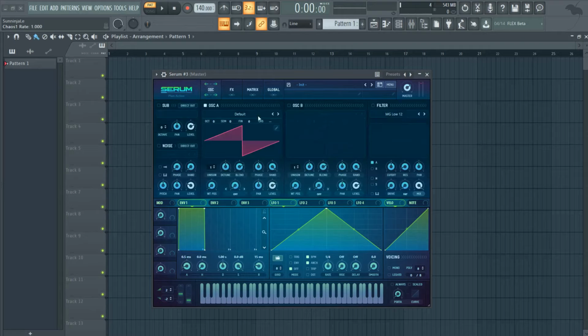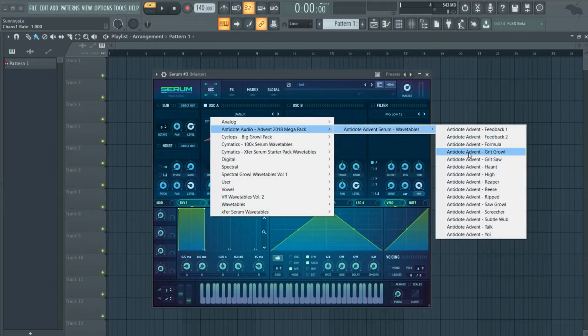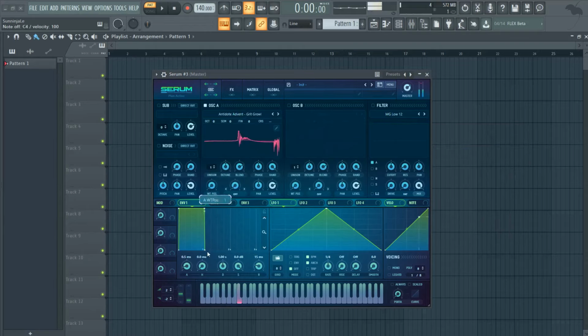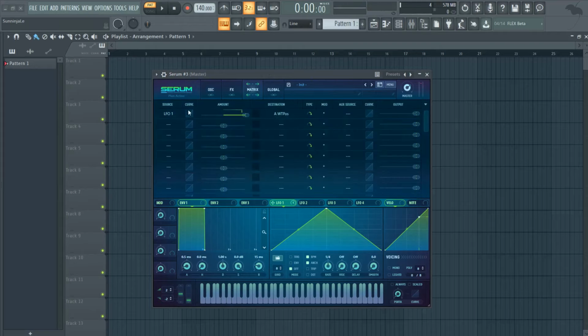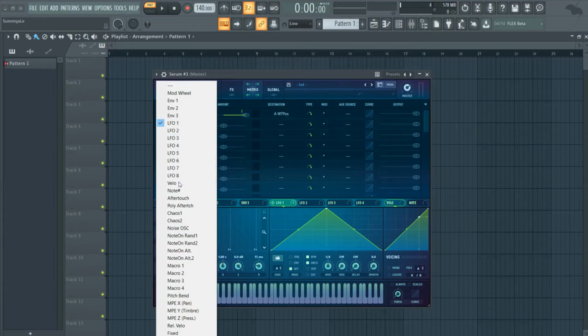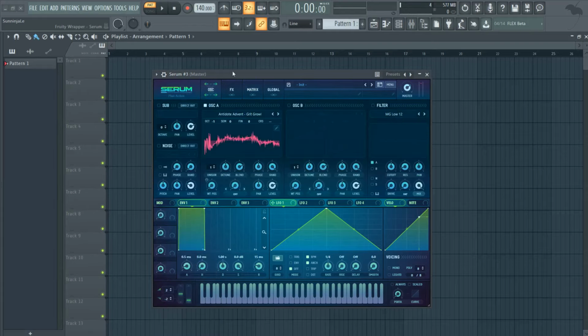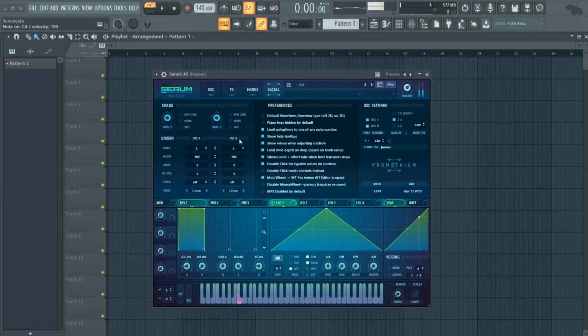So let's actually get a wavetable instead of modulating the volume. Let's drop that onto the wavetable positioning. So it sounds like that. Now if we go into the matrix, we can select the source to chaos 1, and now it's gonna sound like this. And you can change the rate,